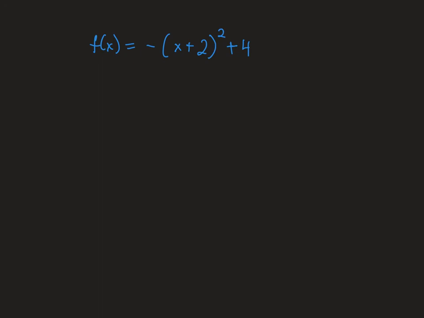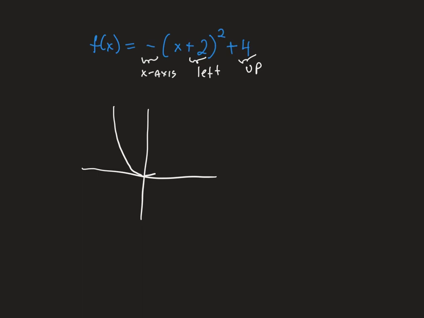This example combines all three of those transformations we just spoke about into one problem. What we have here is a flip about the x-axis, a transformation left, and a transformation up. So as I said before, I would first draw a regular parent function, which again here is x squared, and then I would apply these transformations